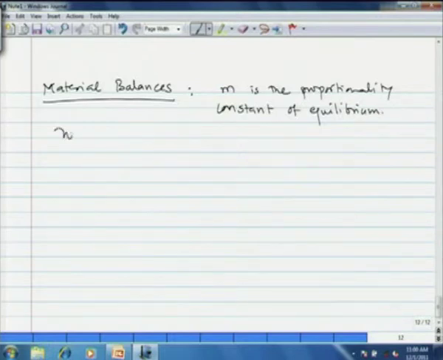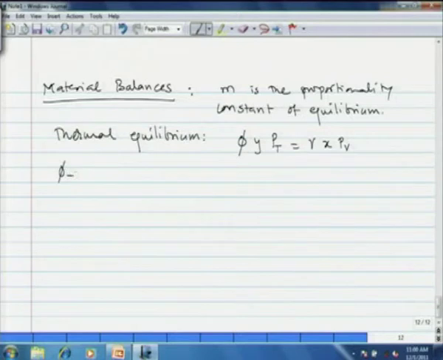Thermal equilibrium of a process would always necessitate this particular relation, phi y into Pt is equal to gamma into x into Pv, okay, where phi is the fugacity coefficient,